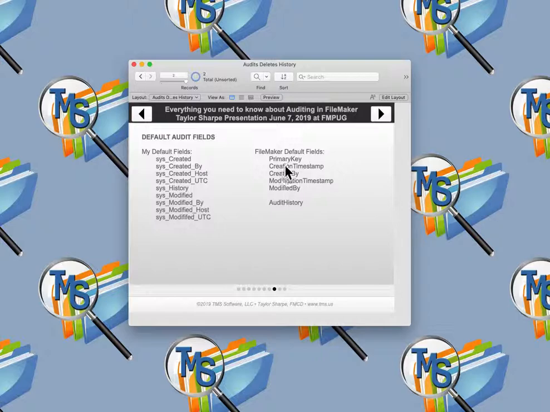Over here on the right are the default fields that FileMaker makes when you create a new table, which are fine and dandy. I have some that I've been using in the past and continue to use just because that is what I'm used to, but it basically works the same. Both of them have a modification timestamp, and that will trigger a calculation field to keep track of